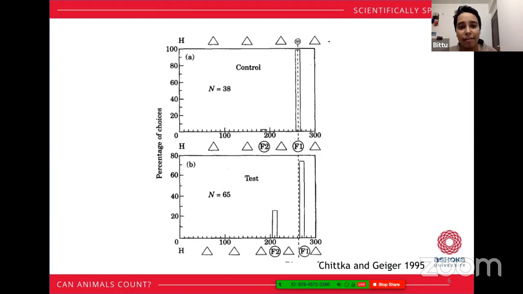And after a flight in which they have done this, they are sent back home, and one sees where it is that these animals land. Now, on the y-axis is the proportion of choices. So you can see that in the control condition, when they know that the feeder F1,